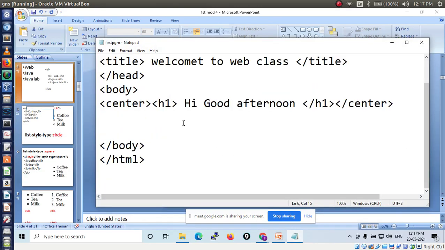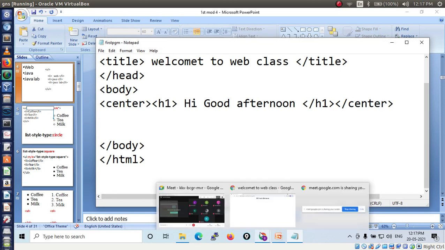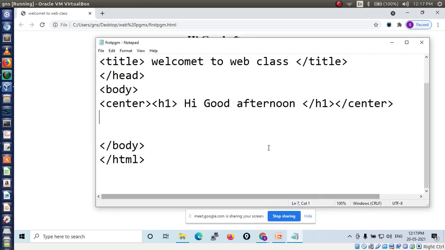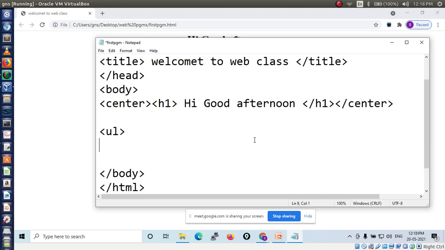Okay. Now in my page I am getting a web page like this. Hi, good afternoon. Initially it is displaying like this, so I am going to write code for this. First I am going to display, what content should I display now?